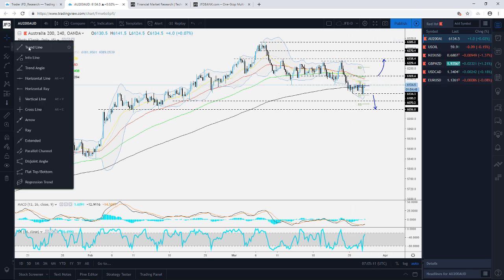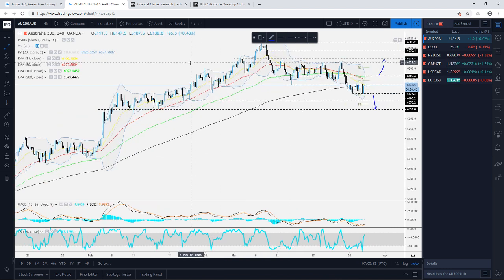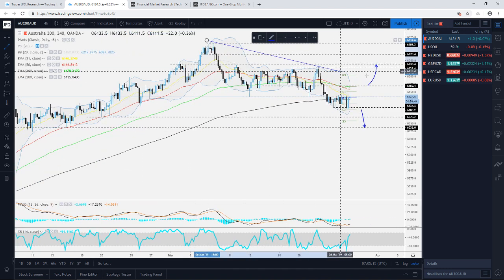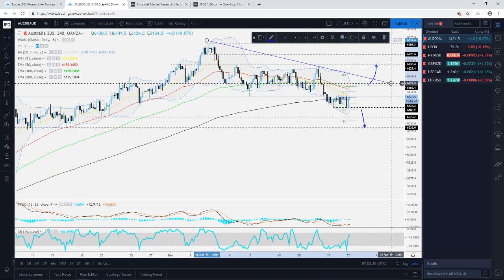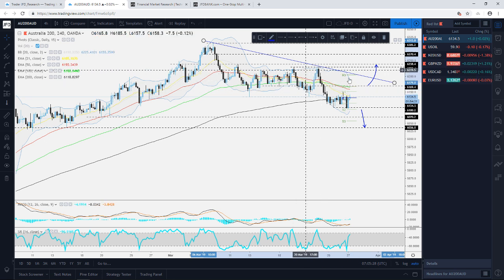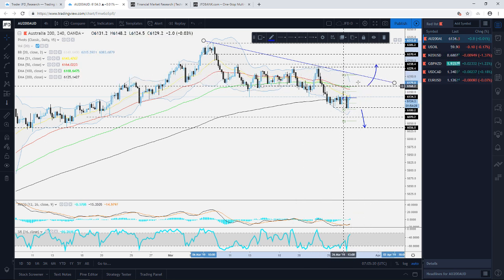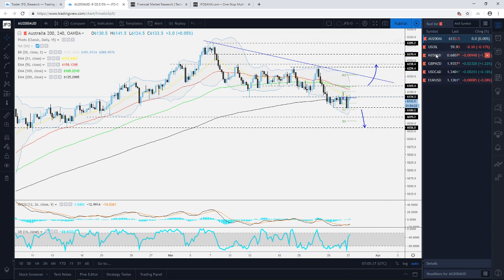Don't forget that we are also looking at a slightly bigger picture. We are now trading below this short-term, tentative downside resistance line. That's why, guys, also keep an eye on it, because it could play out and could show the direction where the index could be going later on in the future. So keep your eyes on that one.